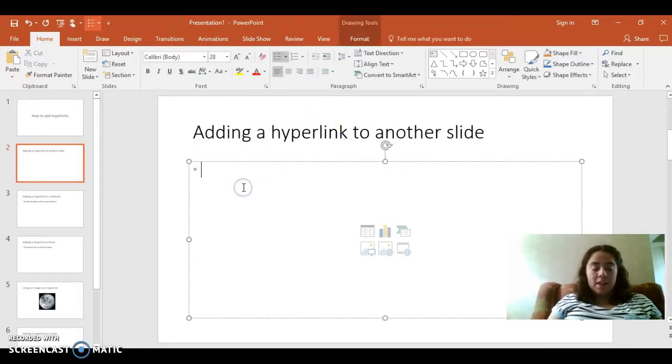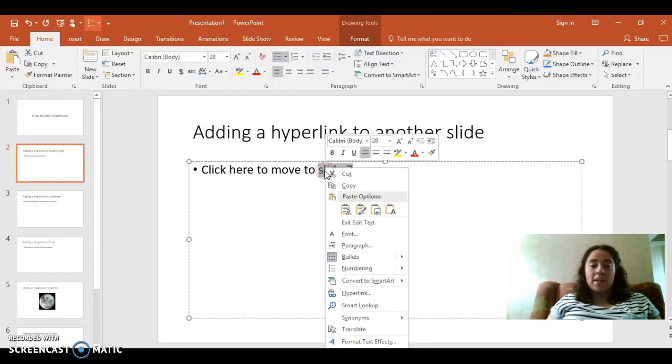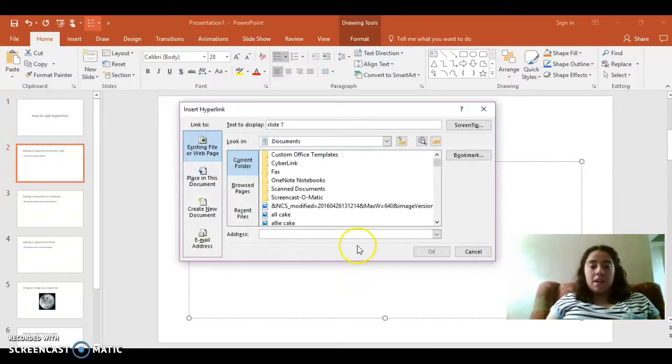So let's say we want to click here to move to slide, I think it's 7, say slide 7. So we're going to highlight slide 7, then we're going to right click it. I'm using PowerPoint 2016, but it should be very similar to other PowerPoints. We're going to right click it, and we're going to click on this hyperlink, and it's going to bring up